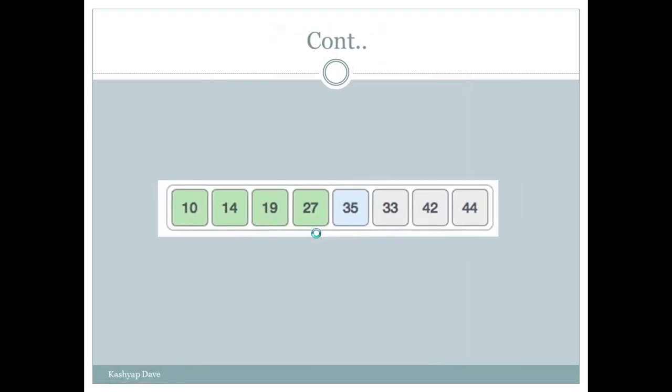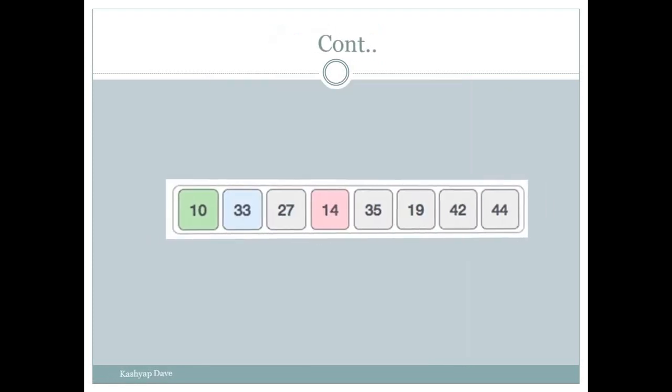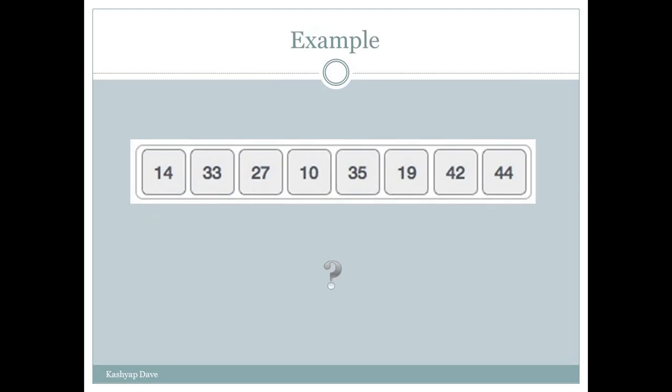Here in this example we can see, at our beginning index, i is equal to 0, and we have said j is equal to i plus 1, so j will be 1. Also we have said min is equal to i, so min will be 0 here.